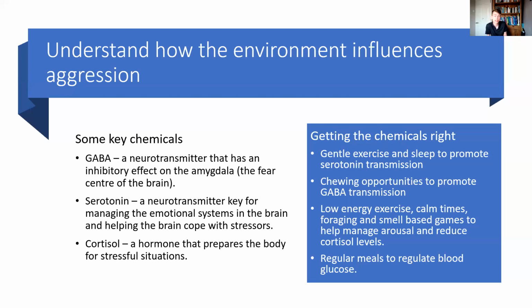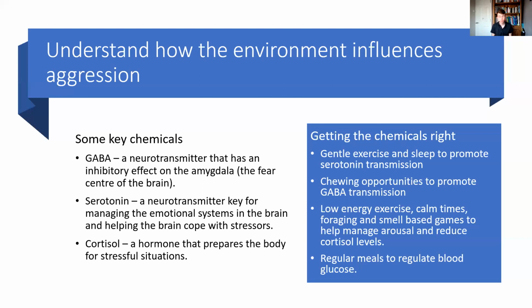So yeah, low energy exercise, that's really encouraging the dog to be calm, spend some calm time foraging around. So that might be doing things like scattering some treats down for the dog for them to explore, or literally just letting them have a sniff around a quiet piece of woods or some quiet areas where there's lots of plants and smells and things for the dog to check out. So that's a really great way to help the dog manage their arousal and reduce their cortisol levels as well.